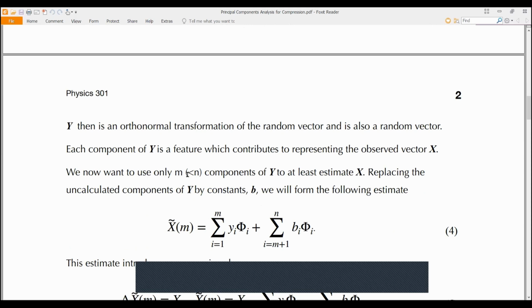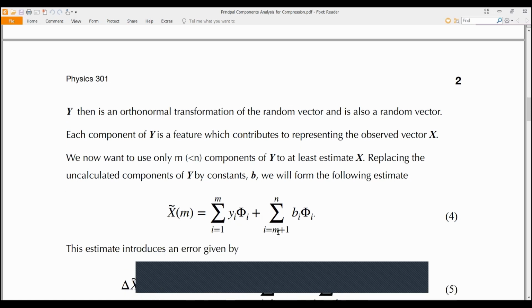We now want to use only m, which is less than n, components of y to at least estimate x. So replacing the uncalculated components of y by constants b, we will form the following estimate. So an approximate x with just m components will be a summation from 1 to m of yi phi sub i, and then there's an additional term here: the indices starting from m plus 1 to n, sum of b sub i phi sub i. Okay? Now,